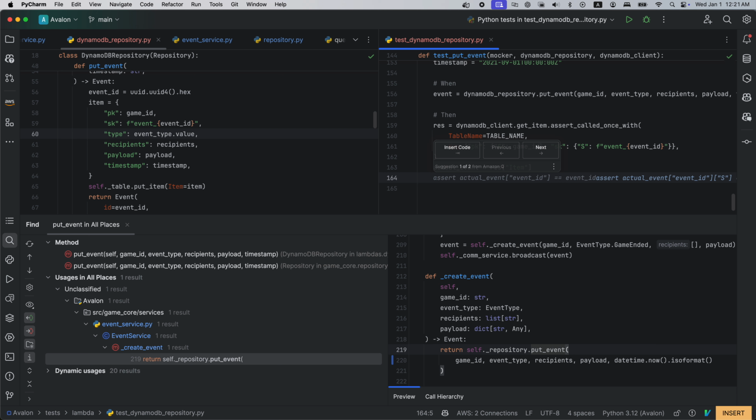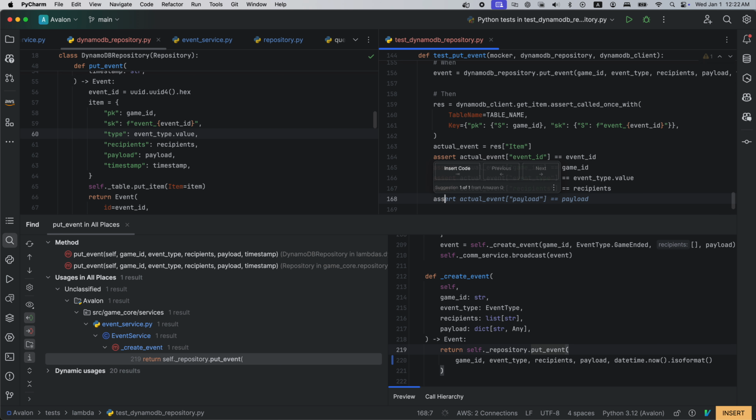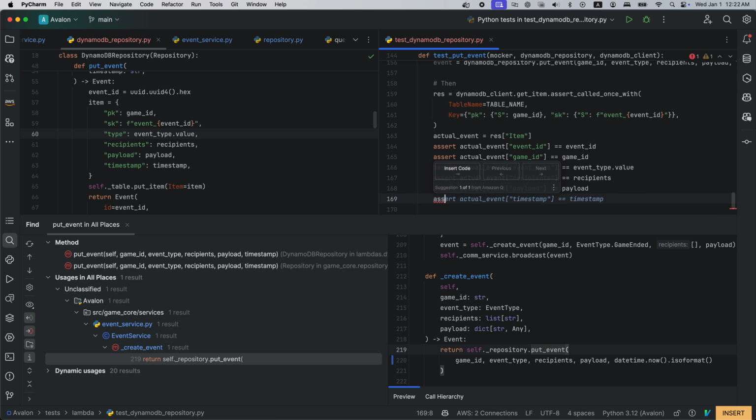So event ID equals event ID. Wait, what? Really? No, I don't think so. Game ID equals event type dot value. Game ID equals game ID. Recipients equals recipients, payload equals payload, and timestamp equals timestamp. Okay, let's run this.